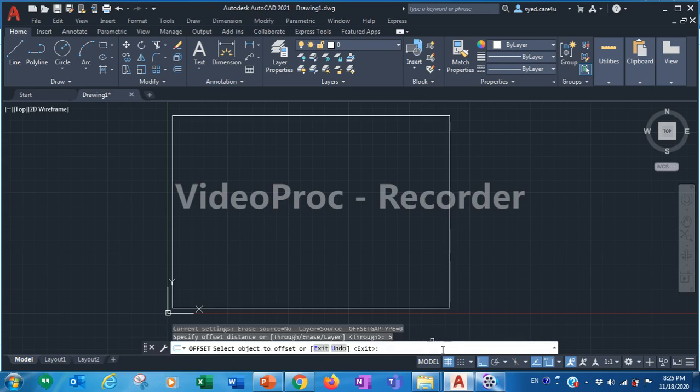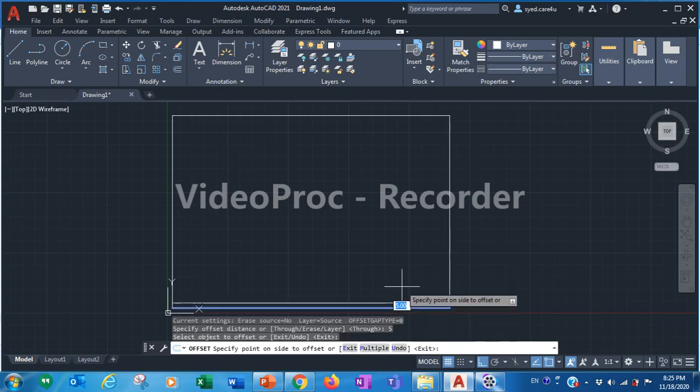When you press enter, it is asking to select object to offset. Which object do I need? I need this line. Upside or downside? Upside. If you click here and go upside, it will create one more line at a distance of 5.